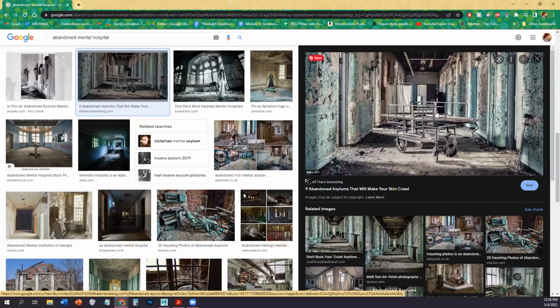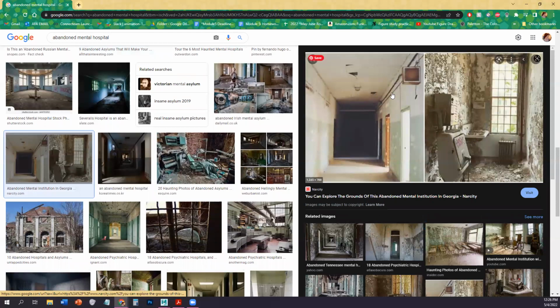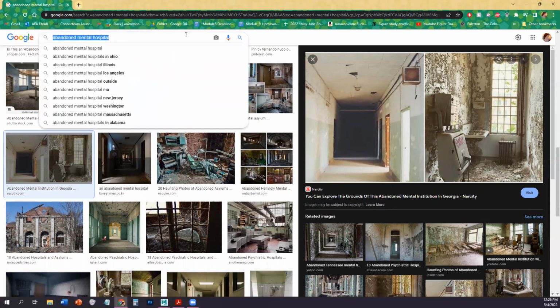Same thing here, rusty metal. Even here, this one that isn't that bad, you can see there's tiles falling off the ceiling. There's paint missing from the walls. It's got this kind of gross, sickly mint green color. The floor looks pretty basic. Now, the other thing I want to do here,